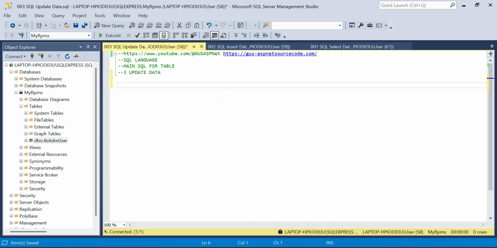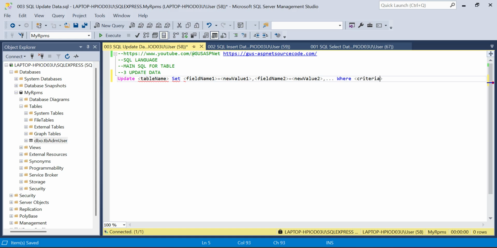The keyword is update, table name, set field name to be updated, the new value, and again the next field to be updated and new value, and so on, where criteria.